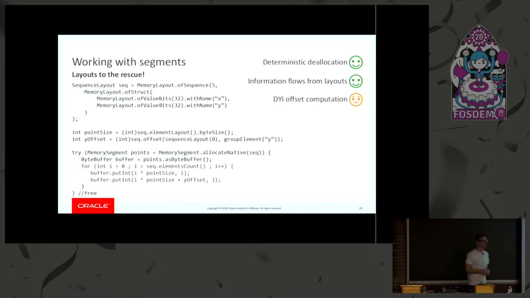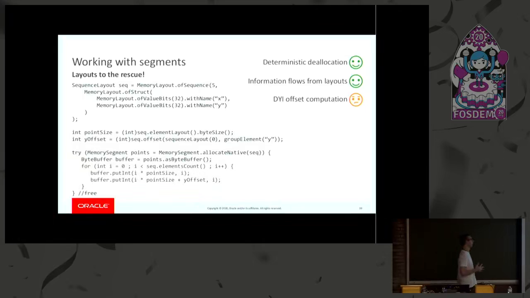So this is much easier to read. We gain quite a lot in terms of expressiveness. There is still something that I don't quite like: if we go inside the loop, we see that there are 2 calls to the ByteBuffer putInt method. It's pretty hard, looking at this code, to tell that one call is meant to set one field of the struct and the other call is meant to set a different field of the struct. It's only the offset computation that gives away that information. So that's yet another place where bugs can hide. So can we do a little bit better?